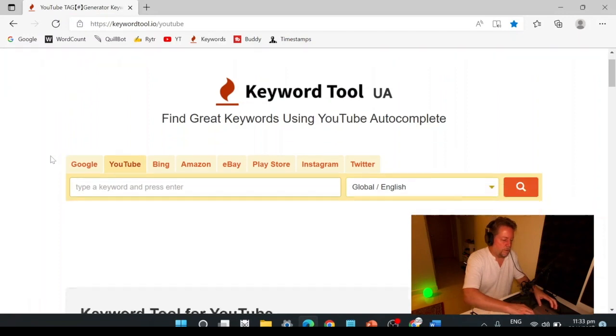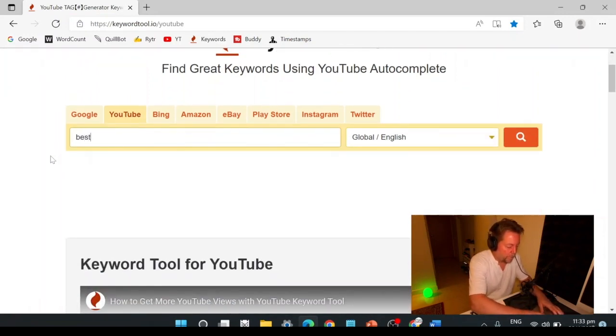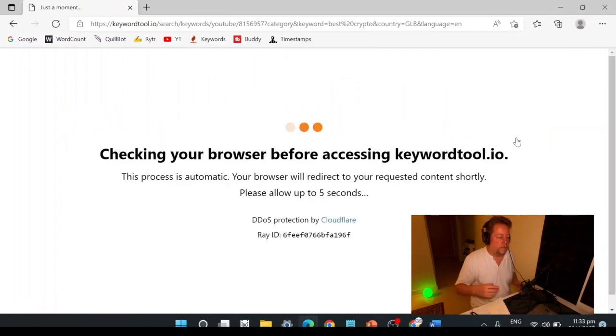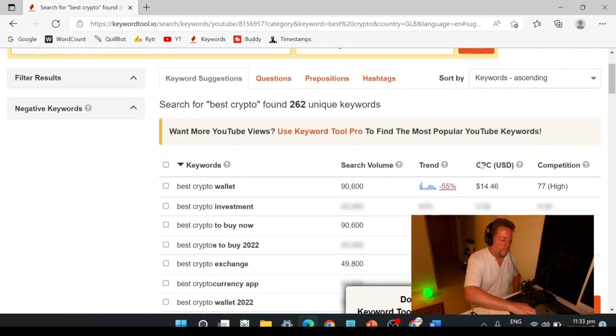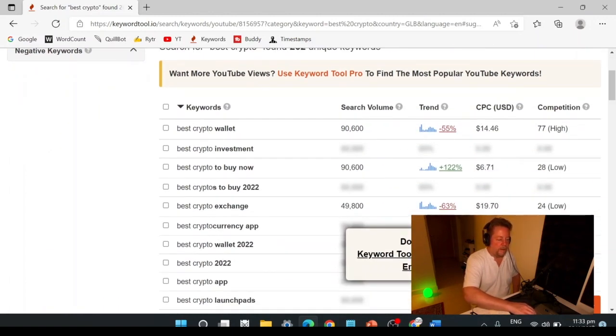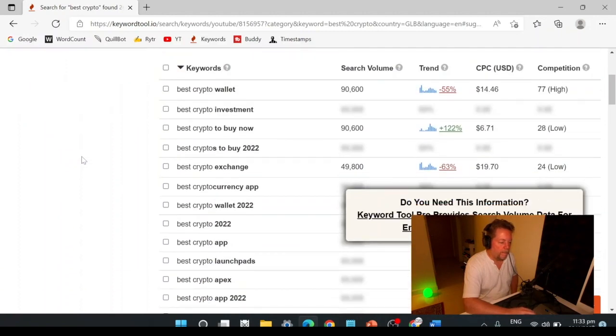But the way that this one works is, I just want to show you what it looks like. Let's say if we typed in best cryptocurrency, right? And let's just do a search on what people search for in this tool. Okay, so you can see here that if you want this information, you can sign up. You try it now, you try it for free. Everybody's got a free trial usually, right? But this one is pretty good because I typed in best crypto, and the results it gave me, it doesn't show me all of the data because it's blurred out. I don't really like that.